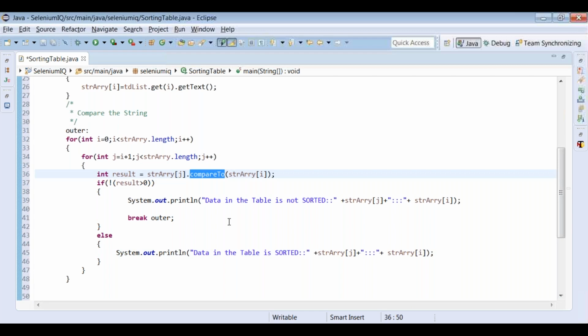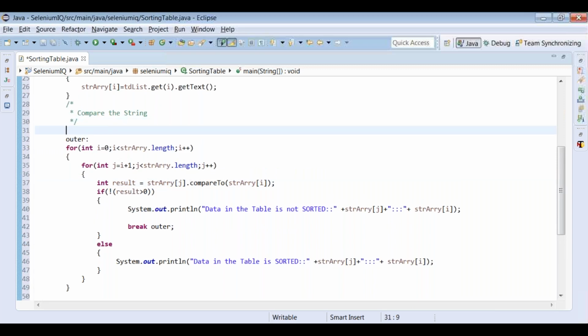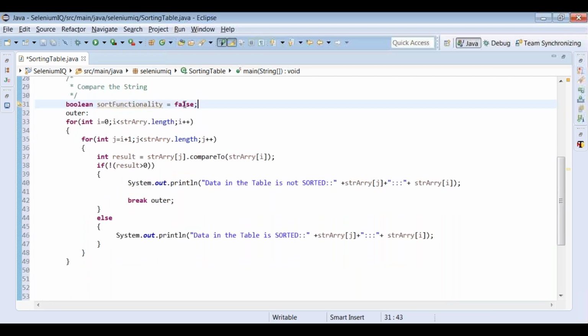Before I execute the program, I wanted to give the result as yes, the sort functionality is working as expected. That means we have to take in one more value, a Boolean sortFunctionality, and we put here false, or else we'll put true here. When this is false, the data is not sorted.